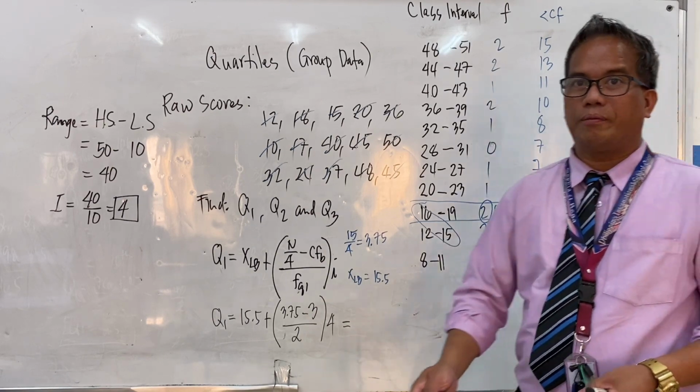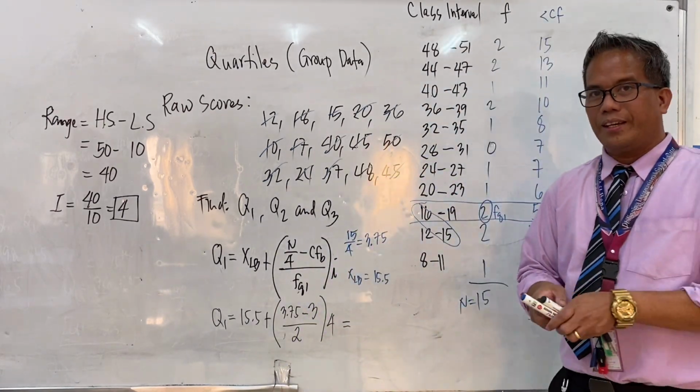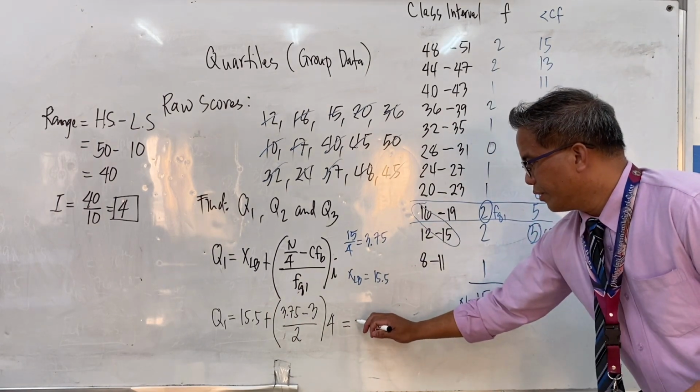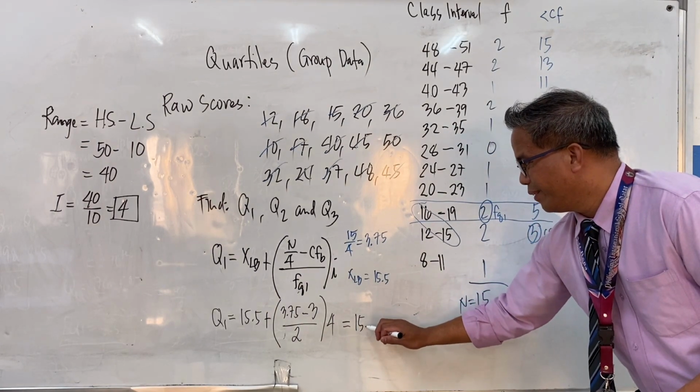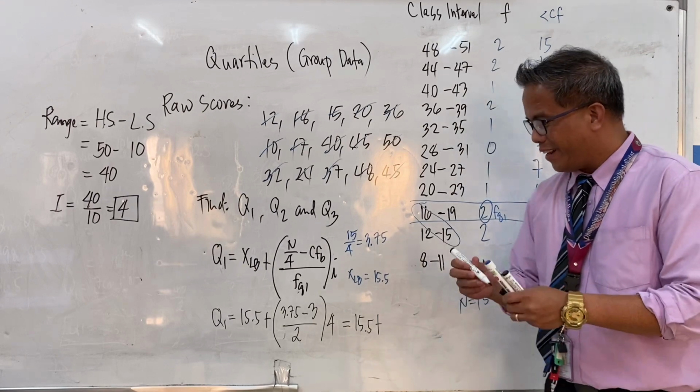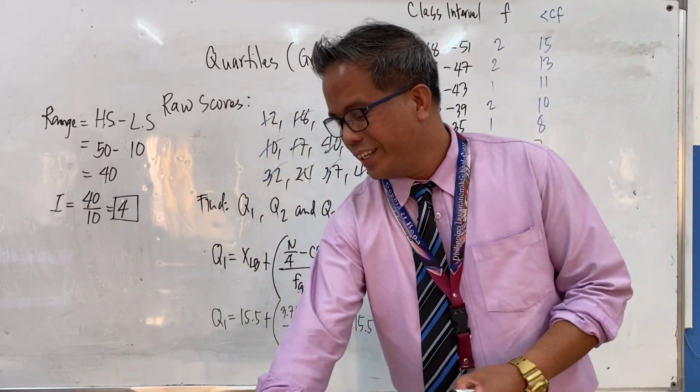So we have 15 point. So just write first 15.5 plus, because the calculator can't read. Okay, then